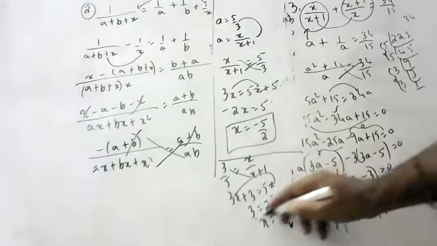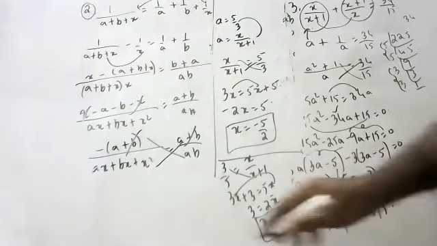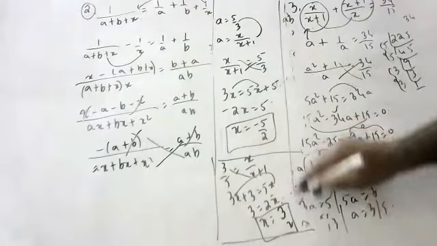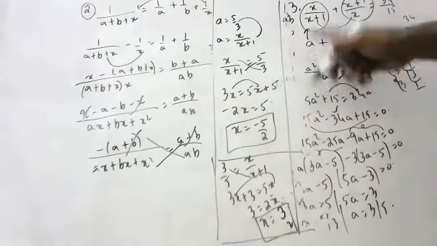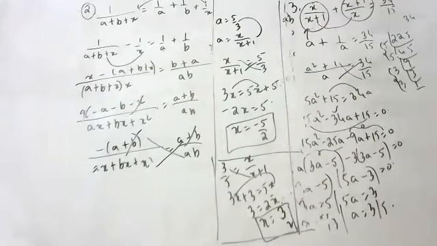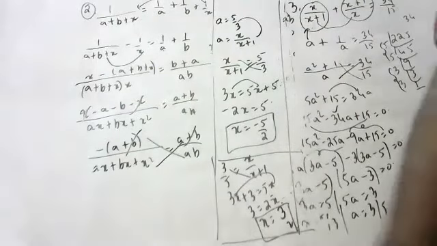You are getting two different answers, children. So do it 2 times. I thought you'll get the same answer, but you are getting two different answers. Be careful, children. Do it 2 times. A is x by x plus 1, not x plus 1 by x. No, that is 1 by a we took already. Check once properly. Next question, children.